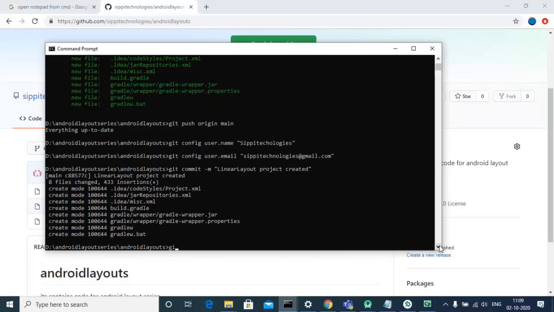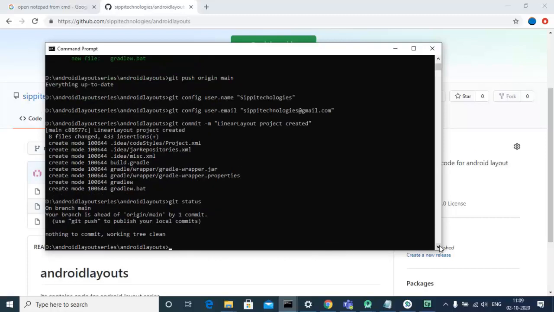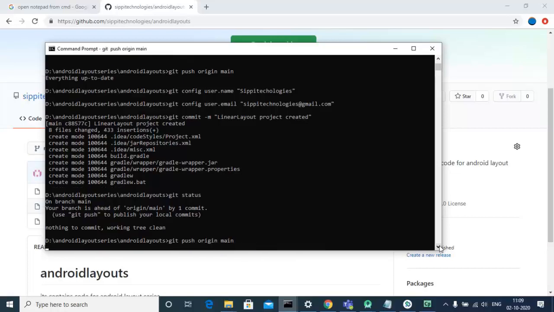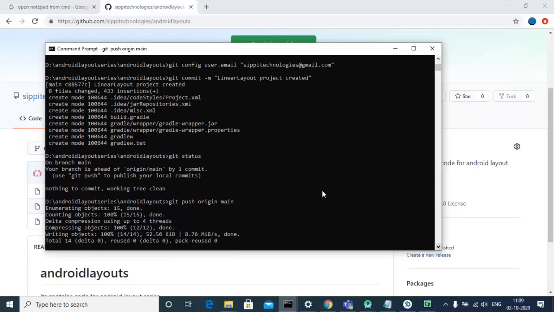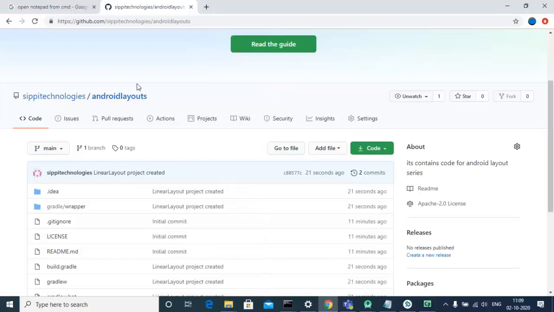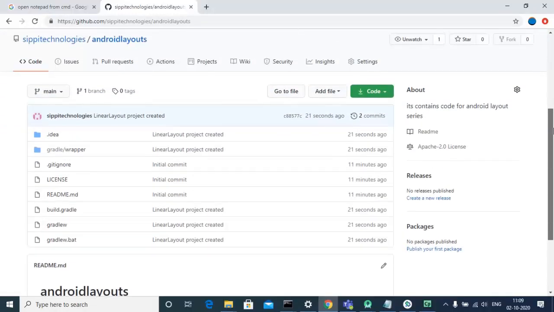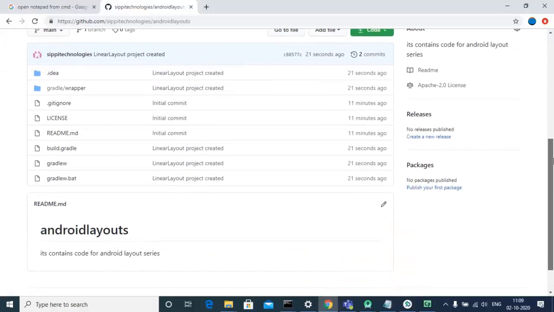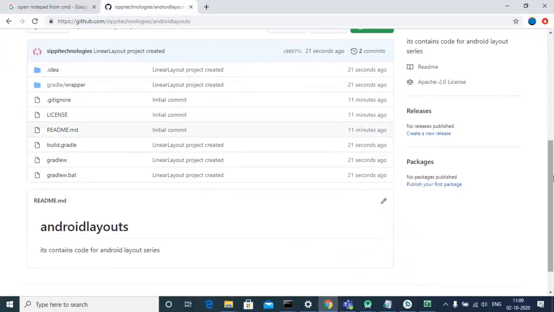Now everything is committed. Now if you check this status, you will see one commit in place. So let's push this commit to our GitHub account. Now it's pushed. Now refresh this and you will see this is our code. Okay,